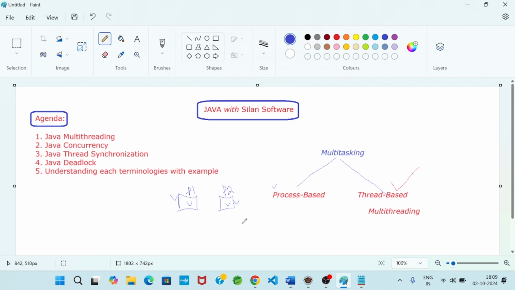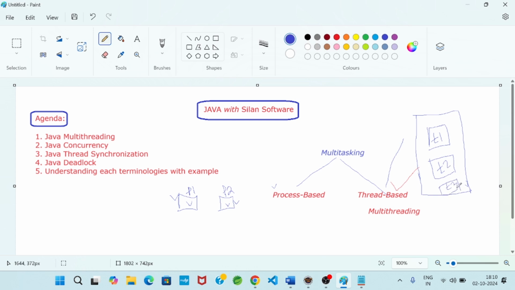But in thread based multitasking, the program is one. If the program is one, the process is one. To run a program, a process is created, but tasks are multiple. So this is one task, this is one task, and this is one task.